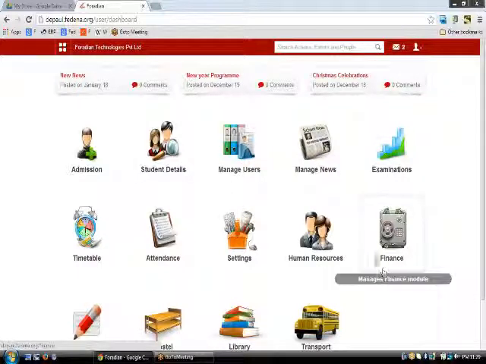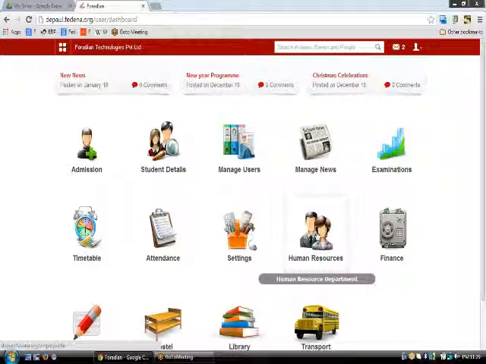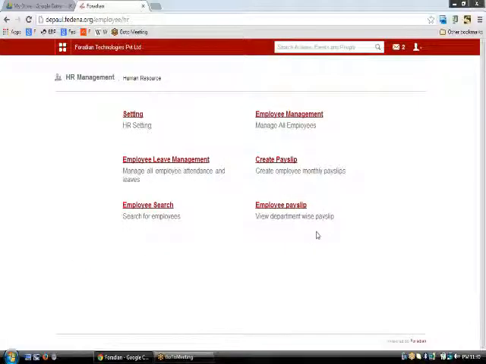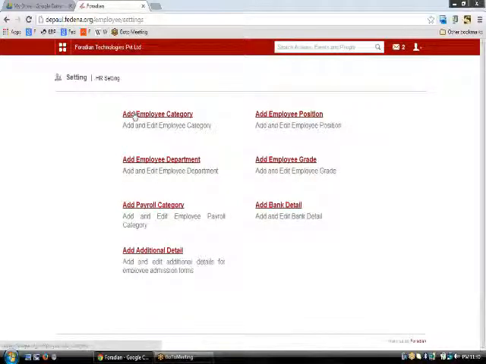And then let's go to the human resources. Human resources is the place where you manage the teachers or the employees in your institution. Before going into human resources, we have this HR setting. So let's click on the HR settings to create some settings for your institution. We have add employee category, add employee position, and so on. So let's click on add employee category,